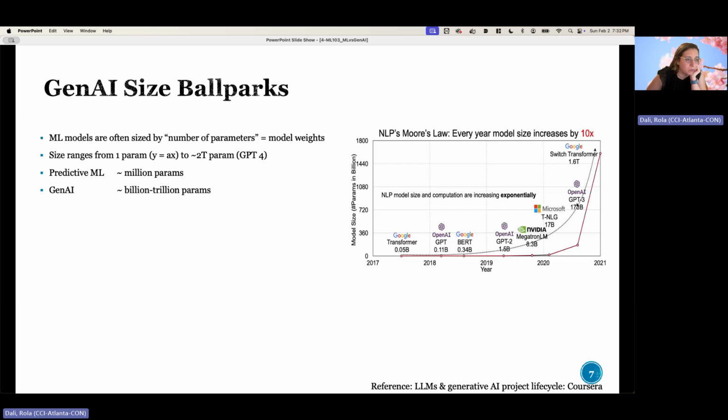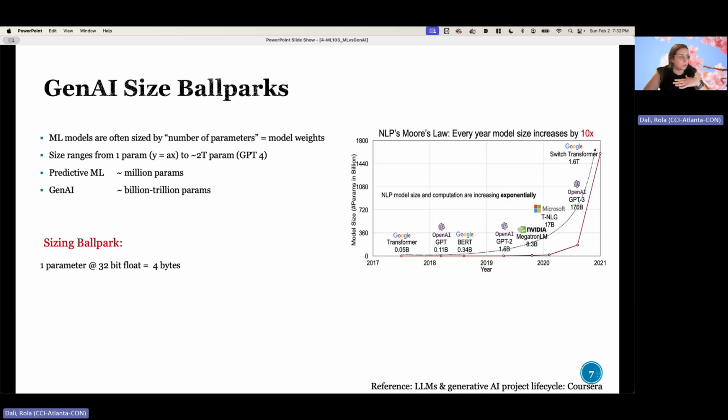GPT-3 was at 170 billion, and now this is 2021, so it's quite out of date, but now we've reached the 1.82 trillion parameter mark. And I want to give you an estimate of what that means in terms of resources. So a single parameter in a model, or a single number,